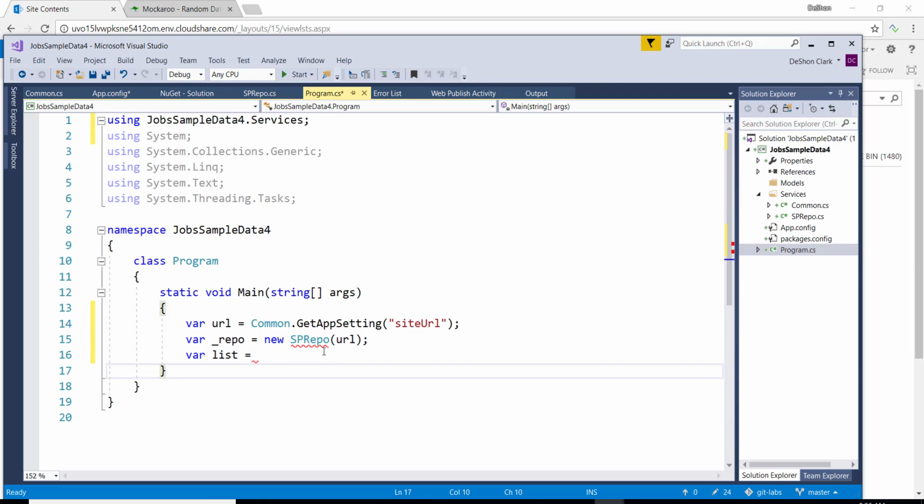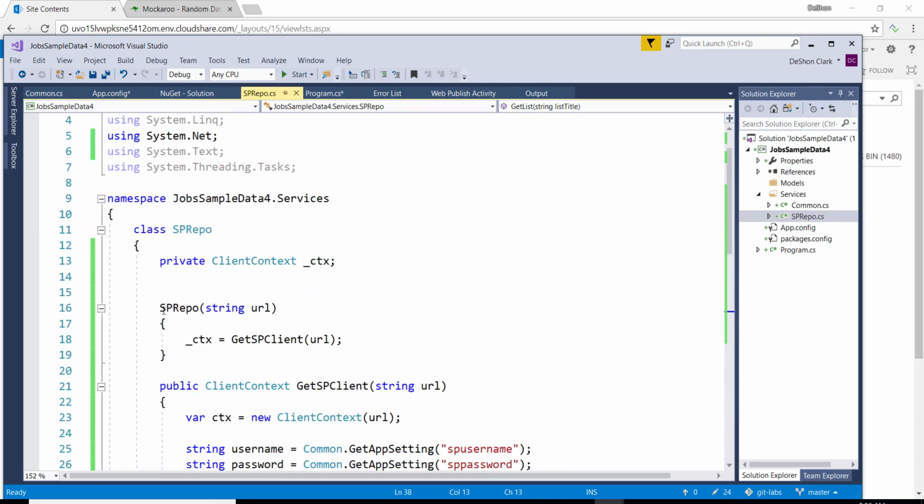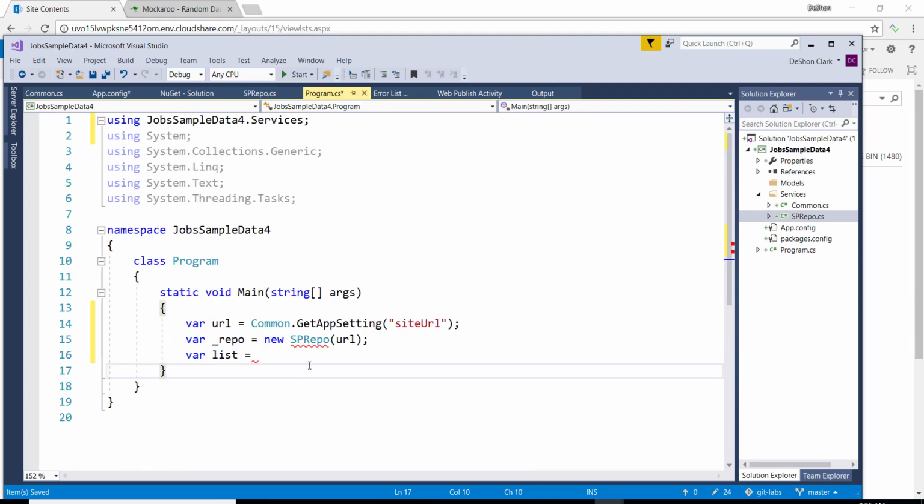Wait, why do we have a red squiggly here? Oh, protection level. I need to make this constructor public. So let's just go here, make that public. Everything should be happy now, right? And from the repo, we simply call,